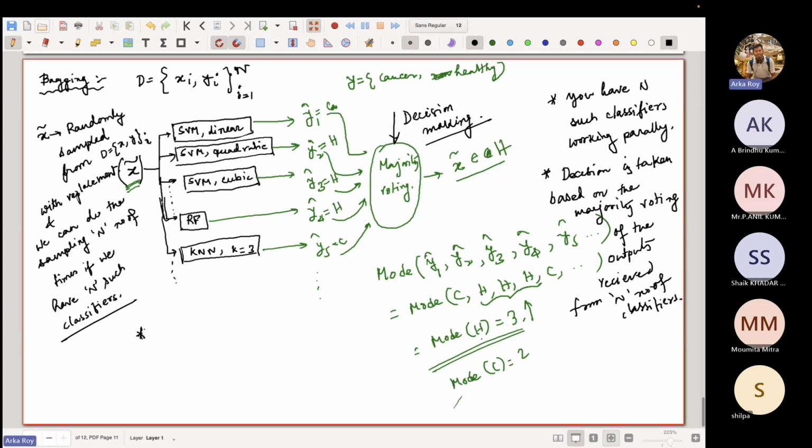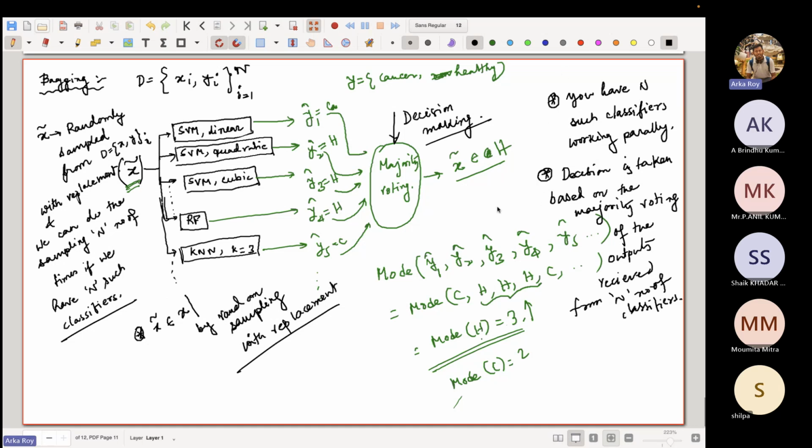And the third point is, because we cannot feed X directly, we create X tilde, which is a subset of X. And this subset of X that we have created is by random sampling with replacement. These are the 3 key points that you have to remember whenever you see any sort of